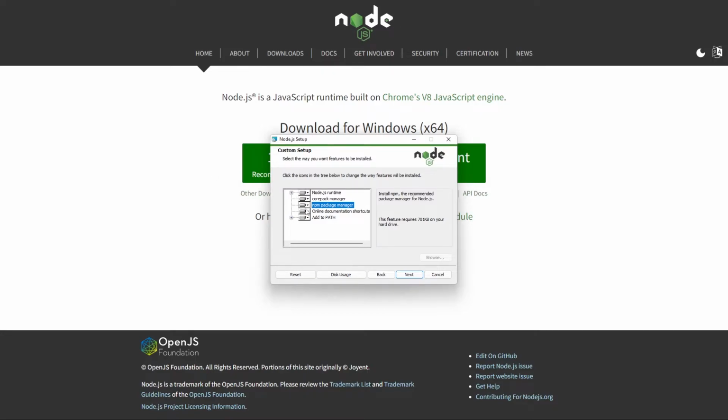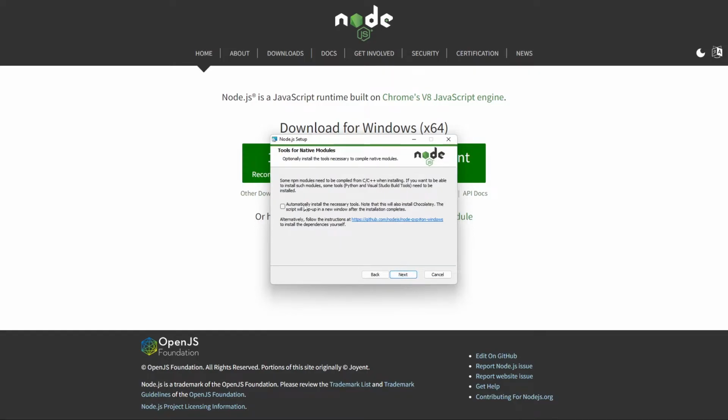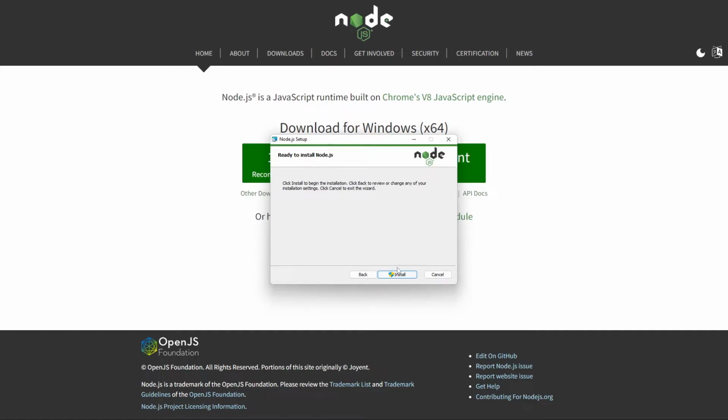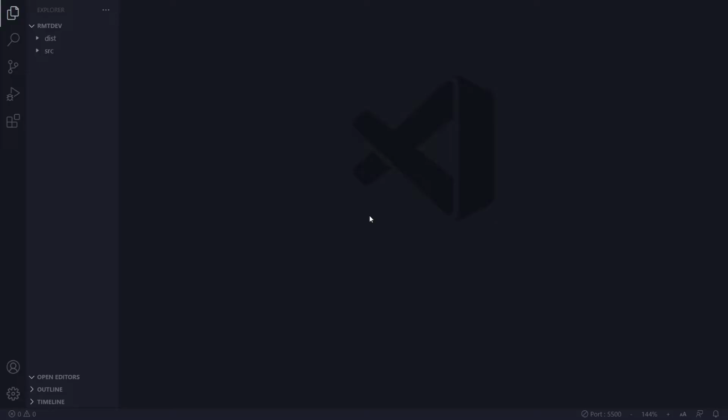So npm is a website that hosts all of these packages, but it also is a tool that helps us manage all of the packages that we're going to install for our project. So don't change anything here. And we don't need this, so you can leave this unchecked. And then you can install it. You can pause the video and install it if you don't have it yet. And once you've installed it, you can continue with the video. Okay, now once you've installed it, or maybe you already had it,